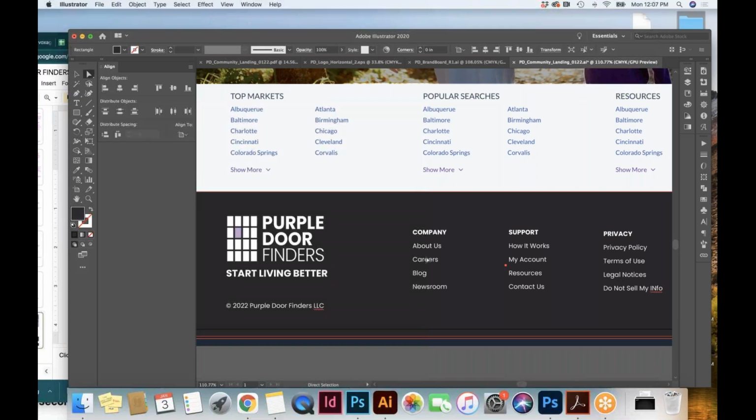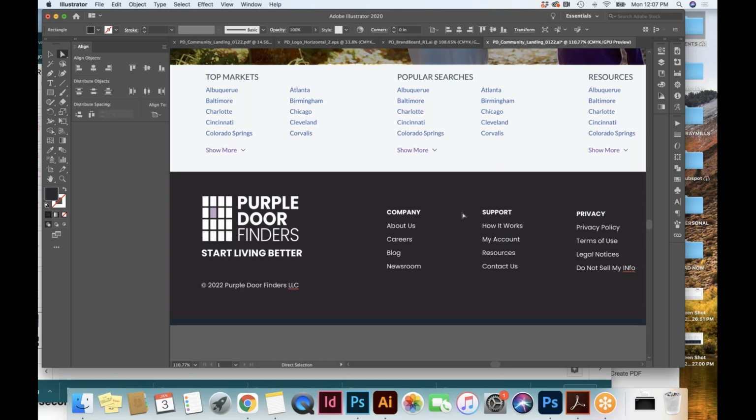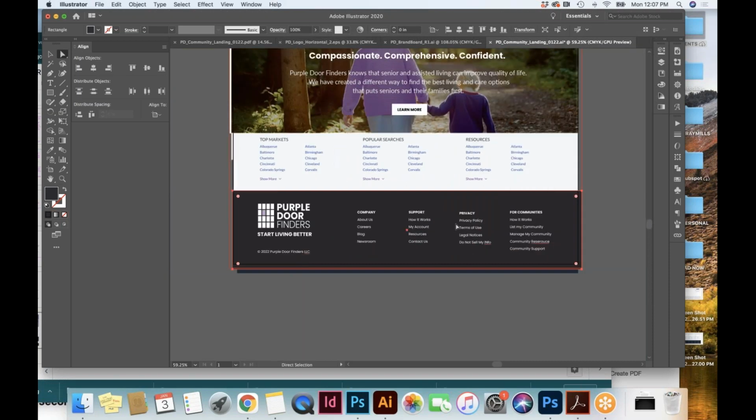I had the questions about the links. So these links, should they be exactly the same links, same content as the prospect site? I don't think so. Yes, the footer should be consistent everywhere. So basically everything over here is company agnostic for the most part. Well, so is privacy. So if it's the same, which resources, how it works, does it go to then?